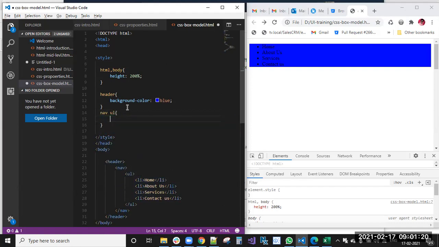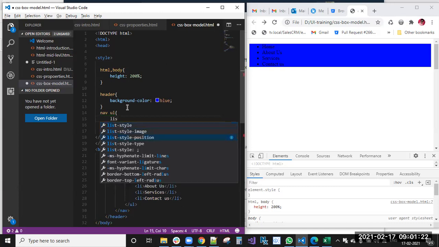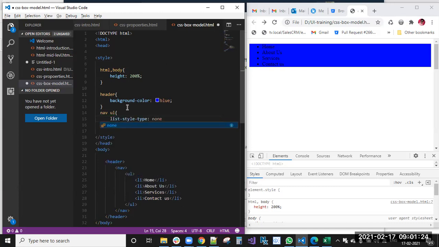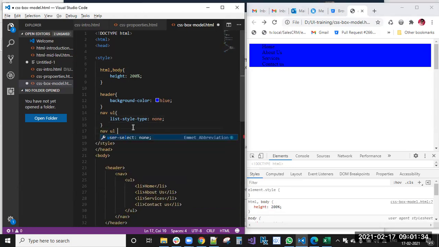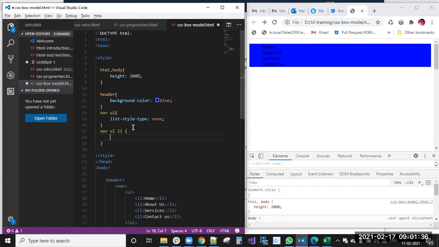First, for the UL, list-style-type none, because I don't want the bullet points. So the bullets are gone. Now ul li: we already know, display inline-block, because each list item is taken as a block level element, so I want to make the block level elements inline-block so they move side by side.